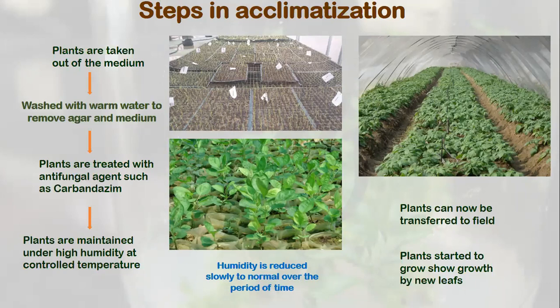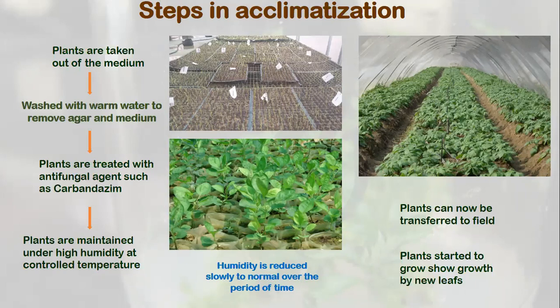That means we make the plant roots grow and absorb water and minerals, leaves regulate the water balance and also photosynthesize, and also leaves and other tissues develop the mechanism to fight microorganisms. Generally, the leaves and roots that are there in the culture bottle do not develop any of these mechanisms.